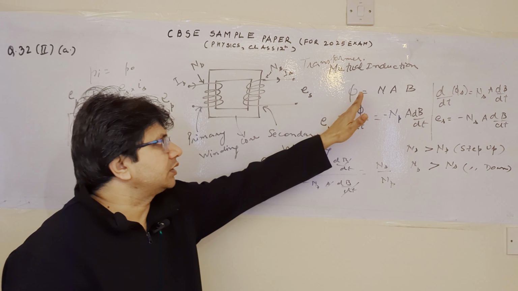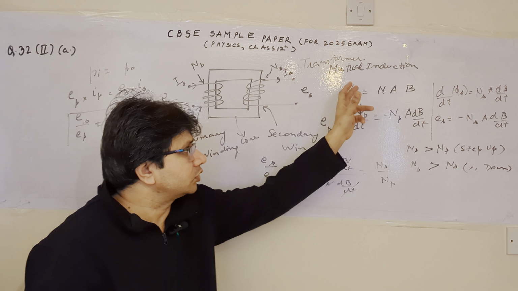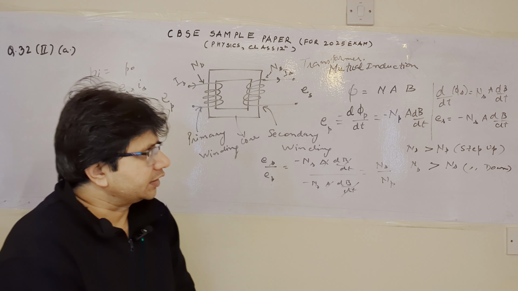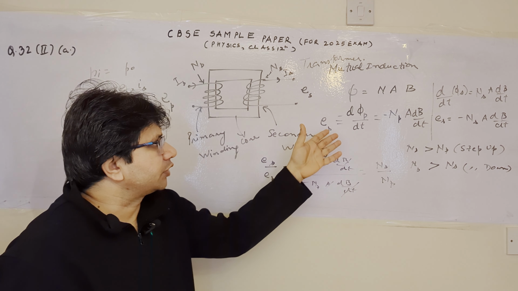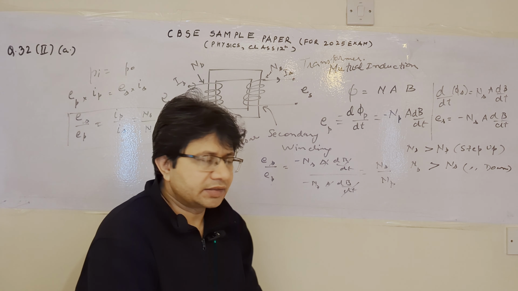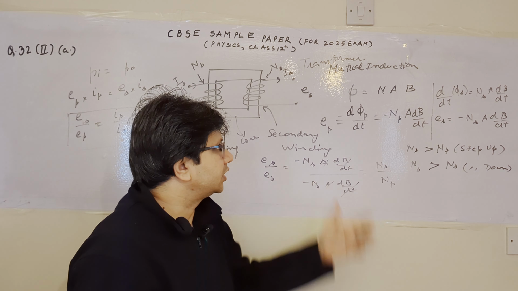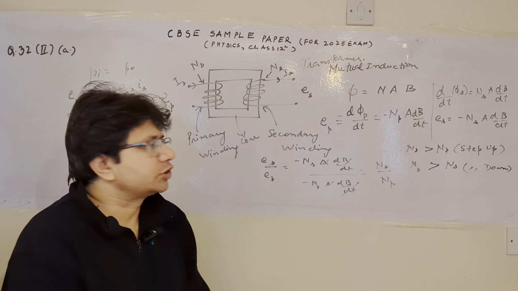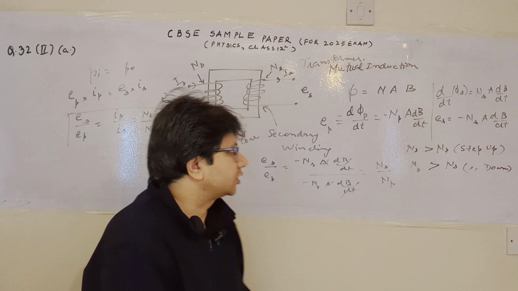फिर उसके बाद हमें एक्सप्रेशन पता है, द फ्लक्स इज रिलेटेड टू द एरिया of the coil and the magnetic field and the number of turns of the coil। यहाँ पे हमें फैराडे लॉ ऑफ इलेक्ट्रोमैग्नेटिक इंडक्शन की हेल्प से हम ईएमएफ निकाल सकते हैं। ईएमएफ इज बेसिकली द नेगेटिव ऑफ रेट ऑफ चेंज ऑफ फ्लक्स। सो यहाँ पे प्राइमरी और सेकेंडरी दोनों साइड का ईएमएफ हम निकाल सकते हैं।